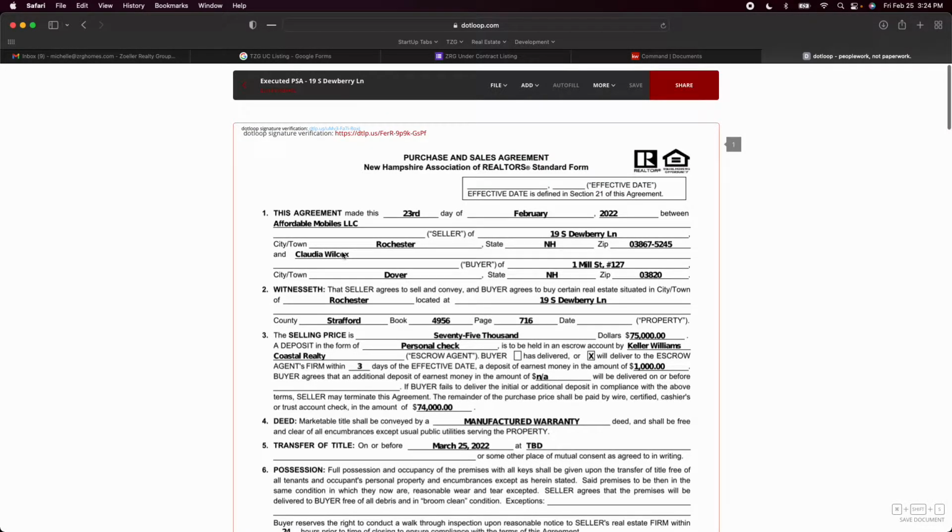So the buyer's name is Claudia, or in listings at least. So for a listing, we like the buyer's name and the agent name, and that's because sometimes when we get multiple offers and we'll have multiple folders, it just helps us kind of keep the different offers straight. So here we've got Claudia Wilcox, so we're going to go back,